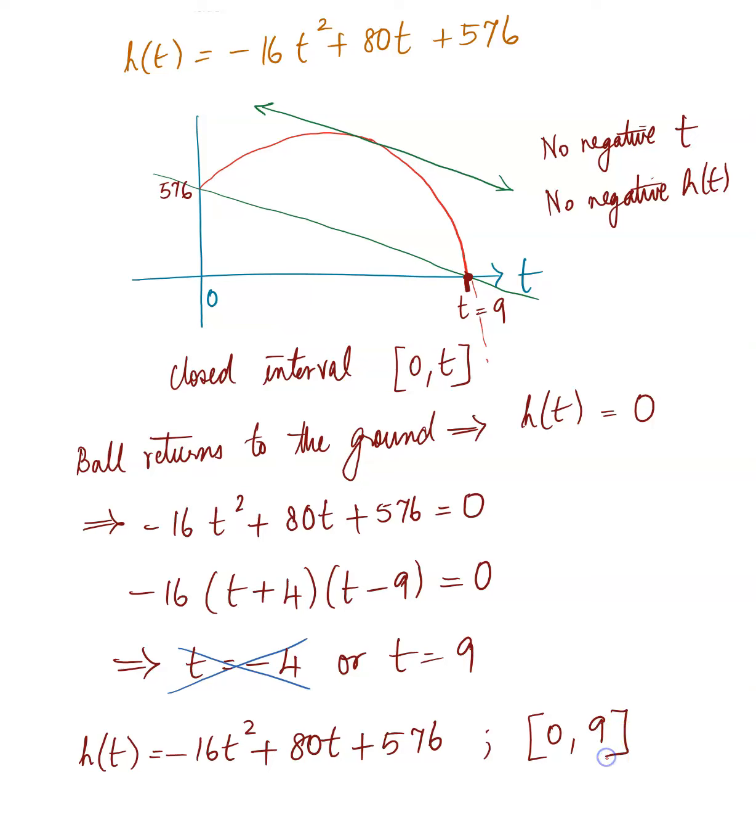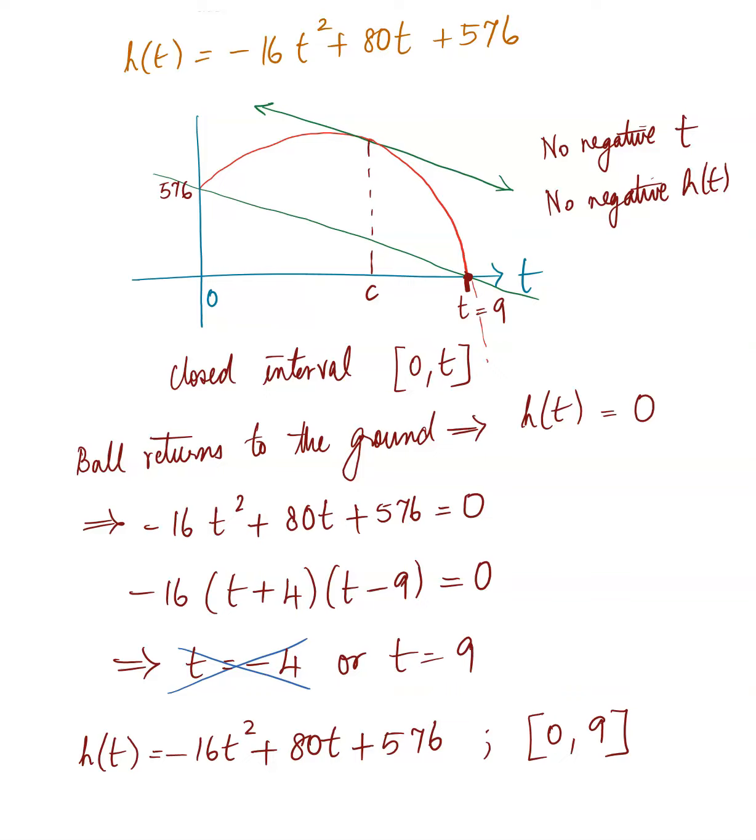interval 0 to 9. Now, if you look at the red graph in between, you can clearly see that if you connected the 576 and the 9 together, then that secant line, its slope will be the same as the slope of this other parallel line passing through that particular point C. And that's the C we're supposed to find, where the slope of the secant line and the slope of the tangent line will be the same. In this particular instance, the question doesn't call it the secant line and the tangent line because it's a word problem. So here they're talking about